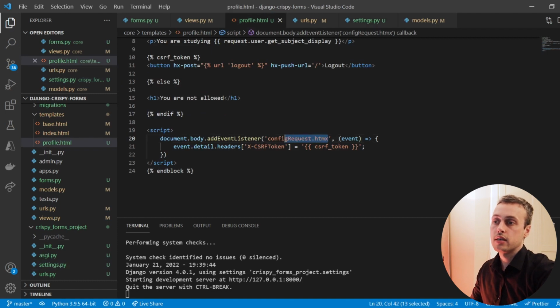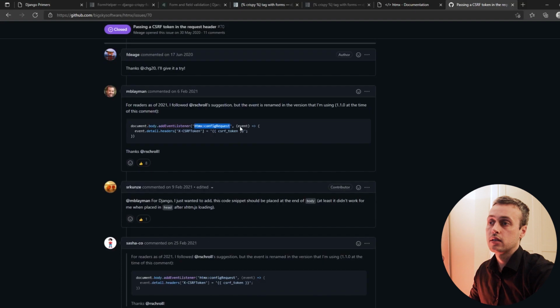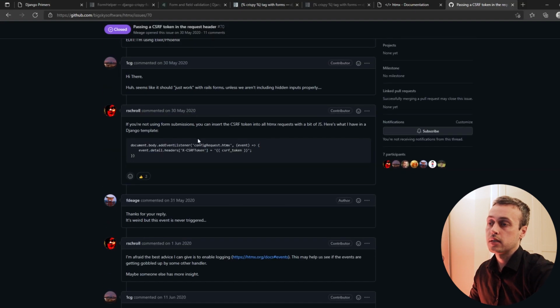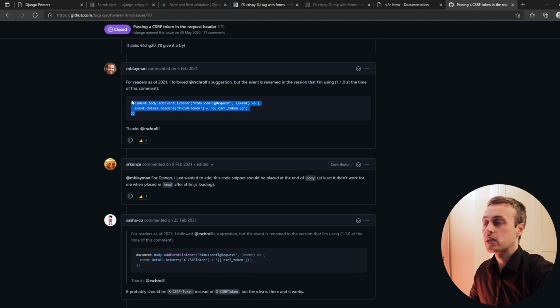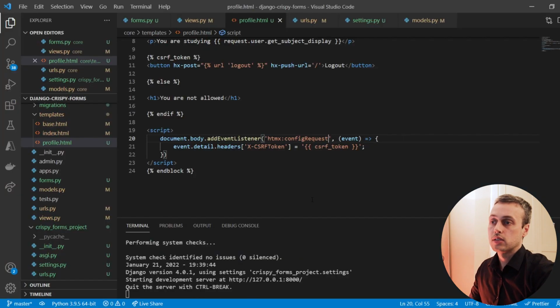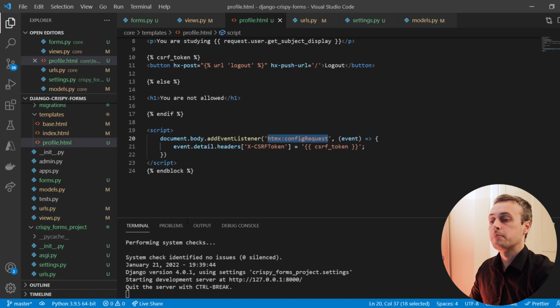We're going to change this event here to this particular event because HTMX actually updated this event name. And if we go to the GitHub issue that I referenced earlier, you can see that this particular comment, which is the one I copied, has the old event name, but that was changed in HTMX more recently, and this is the comment you should be copying here. It has a new event name within the event listener. So if we go back to the profile.html, save that with the correct event name,